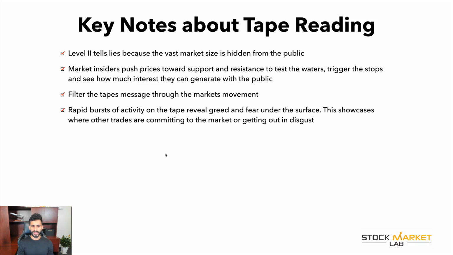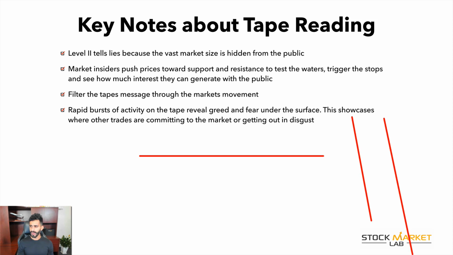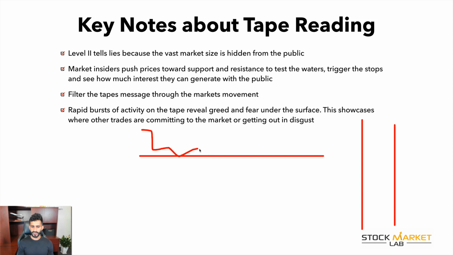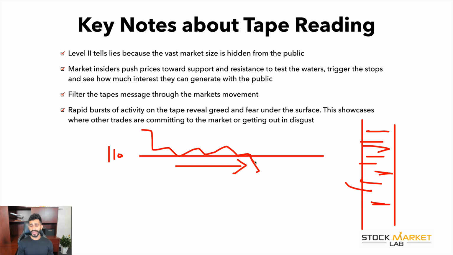So basically, let's say you see on the tape, a stock breaks this level, 110, and the moment it breaks it, you see a bunch of orders just go through, and it pushes the stock down very aggressively. A lot of people at times get in here. Now, there are trades that I get in here myself, but there are trades that I don't get in here. The reason I don't get in here is because sometimes what happens is these are all triggering the tape